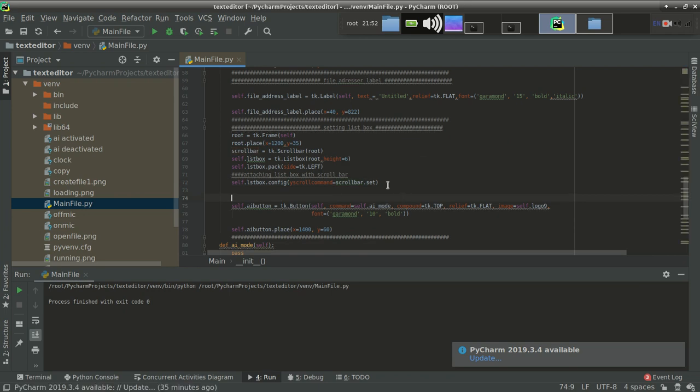Yeah, fine. Self dot listbox dot config, yscrollcommand equal to scroll bar dot set.